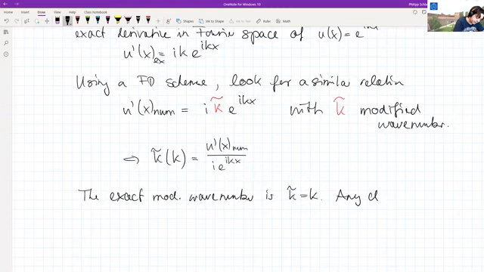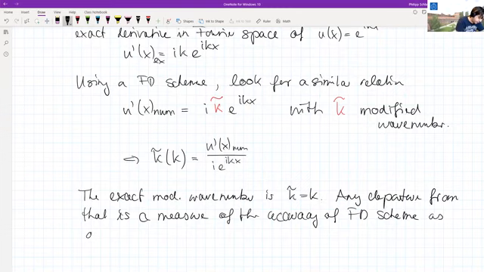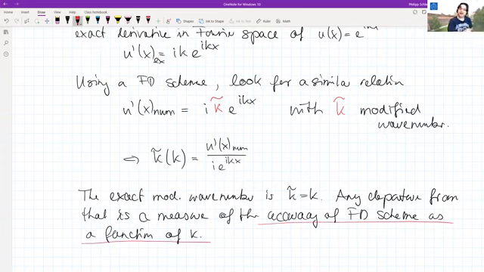Therefore, any departure from that is a measure of the accuracy of the finite difference scheme. As a function, that's the important thing, as a function of the wave number k. So now we have a measure of the accuracy of the finite difference scheme as a function of k. So that means depending on whether we look at small or large scale